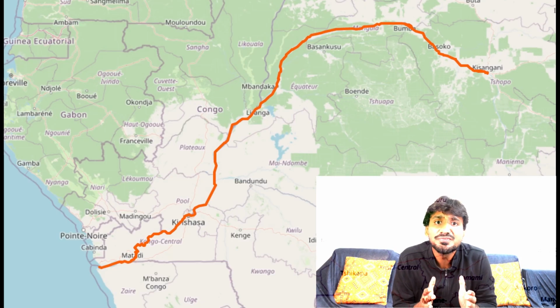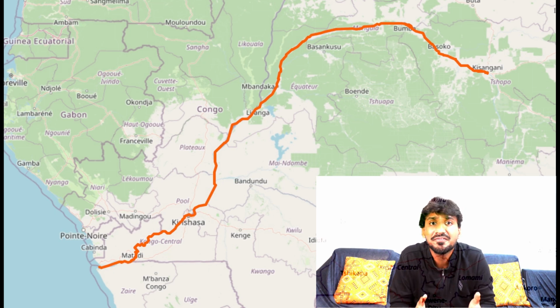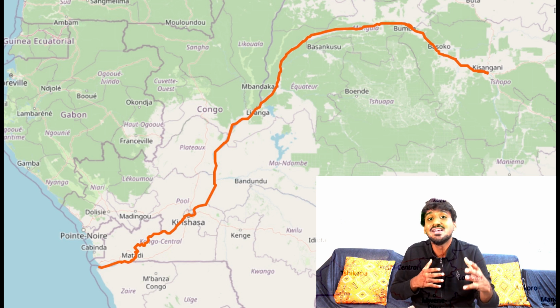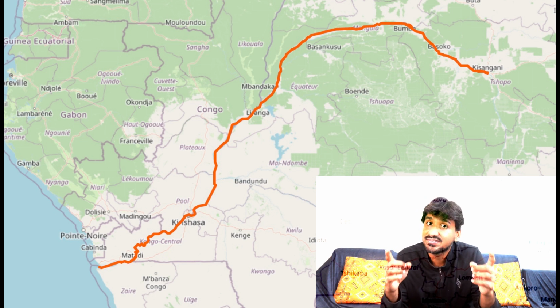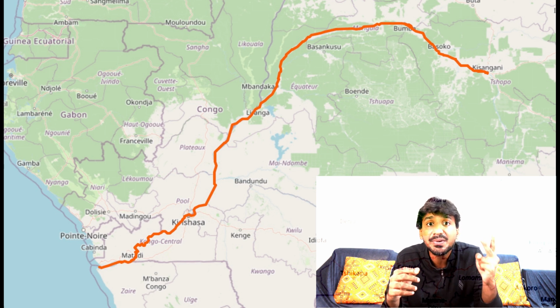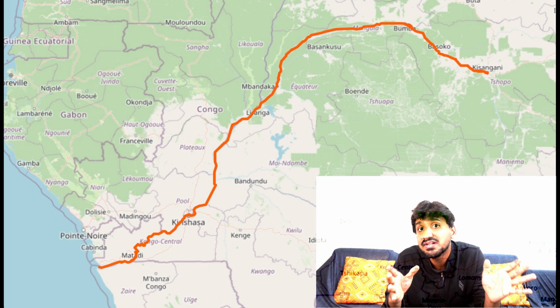At the heart of this narrative lies the Congo River, a geographic marvel and a historical highway. In history, this Congo River has been used by the indigenous people for travel and trade. This river is 4,700 kilometers long with 220 meters deep at its deepest point, and it covers around 3.4 million square miles. It is an area having dense, rich vegetation, savanna grasslands, and a lot of minerals, gold, diamonds, and